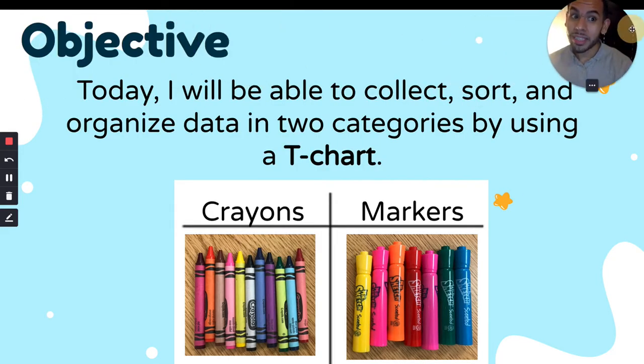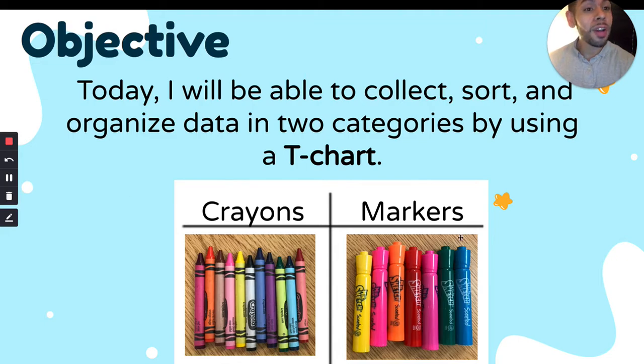So today's objective is: today I will be able to collect. Collect is when you gather, okay? So you're gathering stuff and then you sort it. That means you put them into different piles or groups. So collecting is gathering, and then sorting them is putting them in groups based on similarity. You put them in groups if they're the same, okay? So today I will be able to collect, sort, and organize data in two categories by using a T-chart,